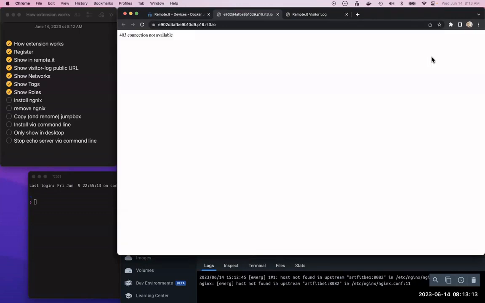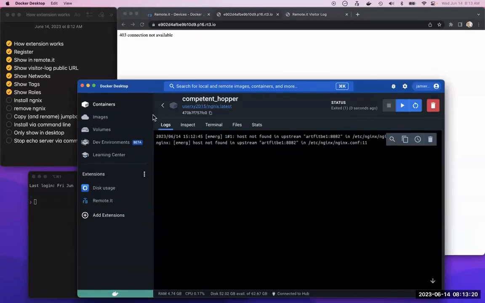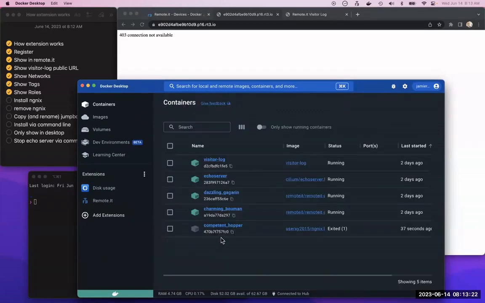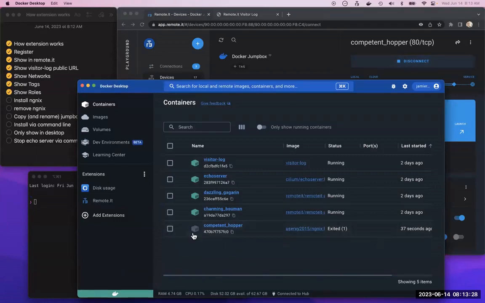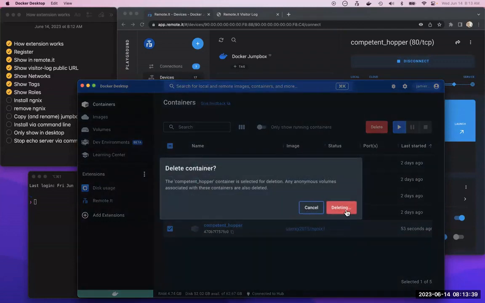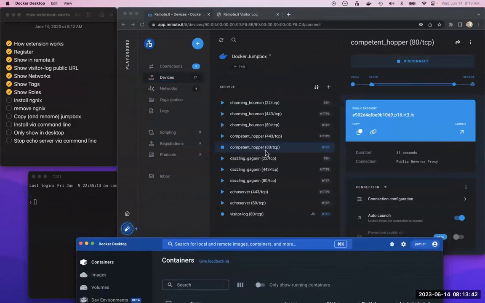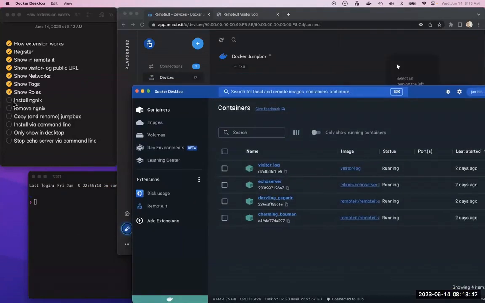And we should see an Nginx server. Whatever, I don't know. Looks like maybe the Nginx didn't install correctly. Well, that's not on our side, but sorry about that. It's exited for some reason. I'm not sure why that happened, but maybe I installed the wrong Nginx container. But if I delete it, because it was bad, it should disappear from here too. Let's see. Yep, there it goes. So that's the installing and removing of Nginx.